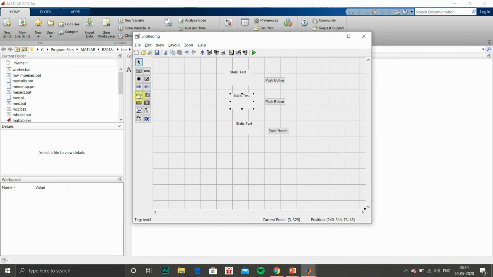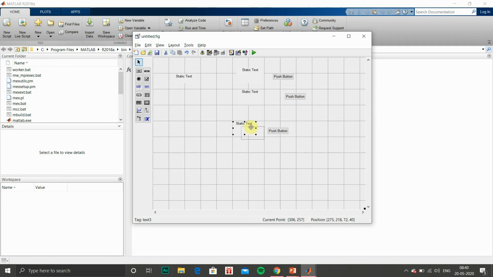We can give our names here, and another output we can give here. When we are building a voting machine, the basic requirement is the name and the voting button. So the push button we can give as the voting button, and the name we can give.